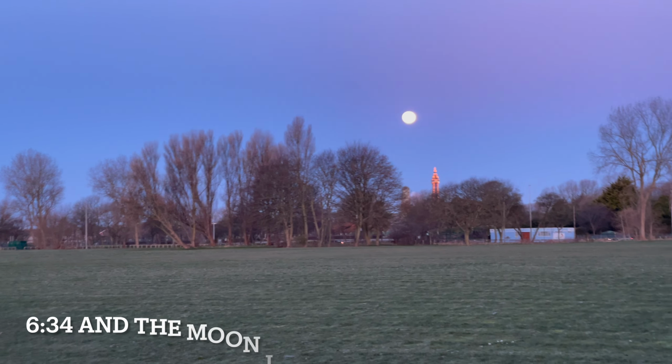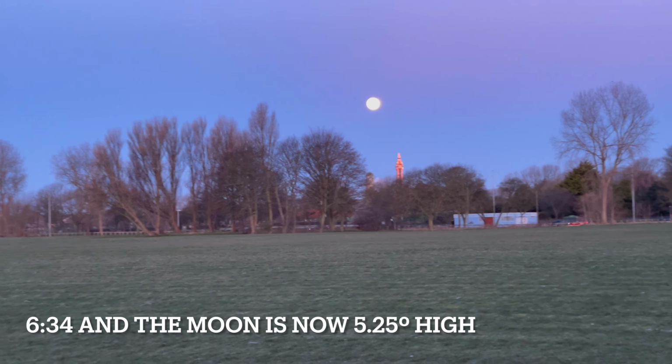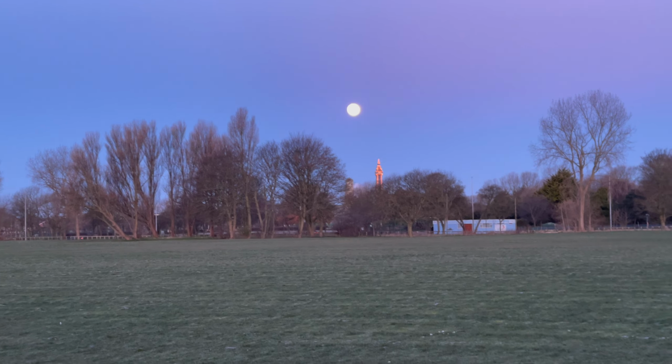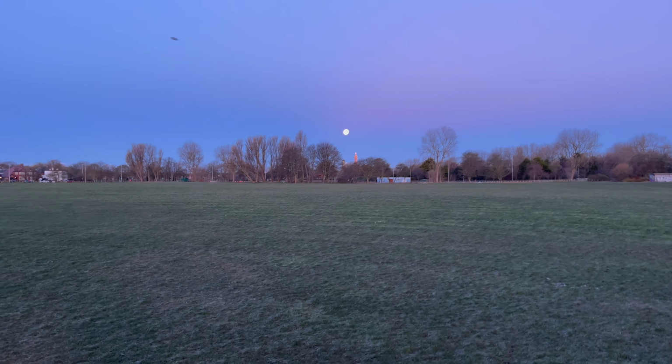Can you see at the park there? You can just about see a clock tower there to the left of the tower. But at the moment it looks like the moon is easily going to pass over the top of the tower. So we're not going to get the shot from here. So we're not going to get that shot with the clock tower. So what I'm going to do is I'm going to head...